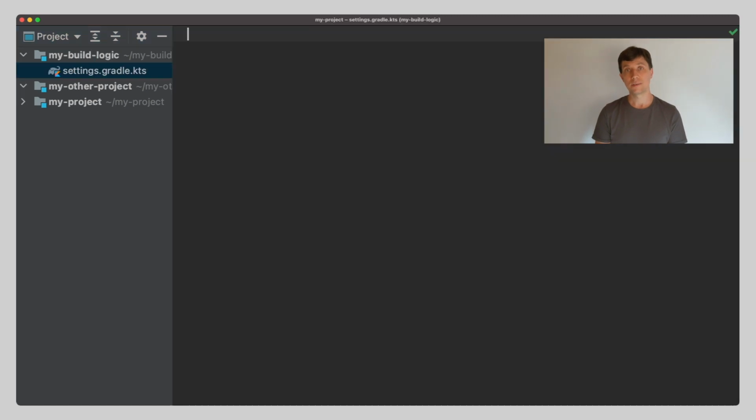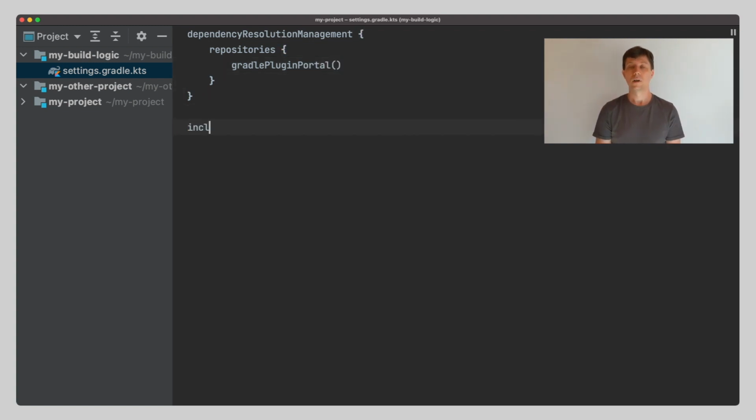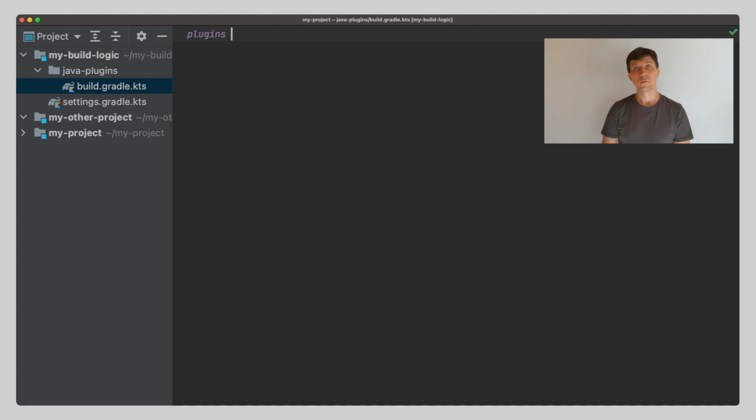Now let's look at the My Build Logic Gradle build. The build has its own settings file to define where dependencies of this build are located. In our case, we want to have access to community plugins, so we add the Gradle plugin portal as a repository. We also define one subproject that we will use to define our convention plugins. In the subproject, of course, we create a build file. In the build file, we now apply the Kotlin DSL plugin. This is a Gradle core plugin specifically to write plugins in the Kotlin DSL. There's an equivalent if you want to use the Groovy DSL, as shown here.